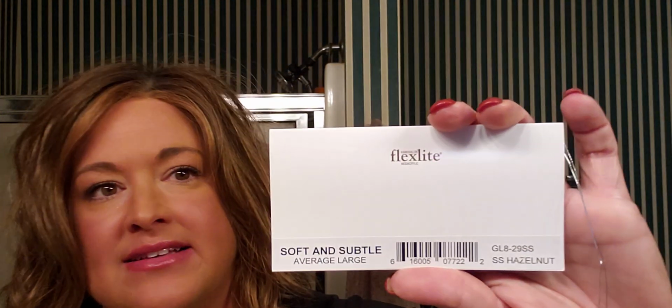Hey guys, I am here to show you a comparison of two Gabor Soft and Subtle wigs. So I have Gabor Soft and Subtle in the color SS Hazelnut, which is GL8-29SS. I actually have this same wig, same color in a petite, average, and a, let's see,